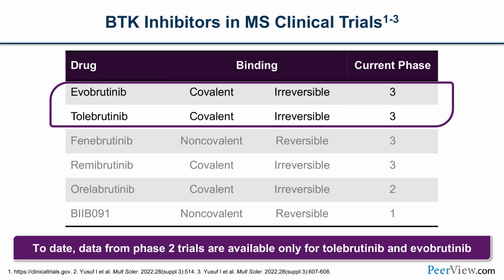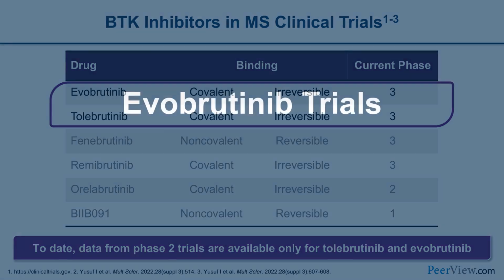So in this table, we did highlight the two BTK inhibitors, Evobrutinib and Tolebrutinib, which in the MS field are farthest along in development. These are the ones that are currently being investigated in phase 3 clinical trials. And we're very excited because hopefully there will be some readouts from these studies in the very near future. In addition, Evobrutinib and Tolebrutinib are the two molecules that have been tested in phase 2 clinical trials, and I'll go over some of the core and extension data in just a second, and have clearly shown efficacy in relapsing